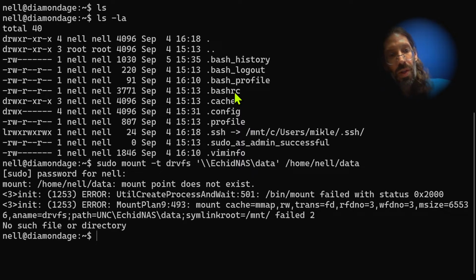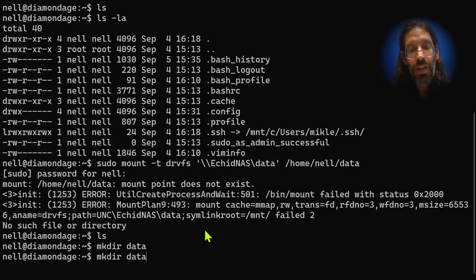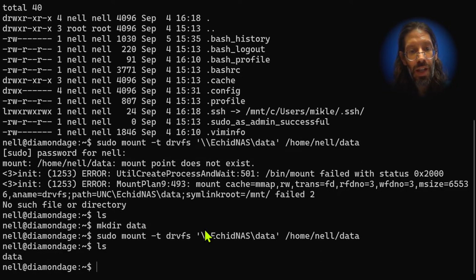Okay, so no such file or directory. So when you use the mount command, it needs a target. So my target is home nel data. And you'll recall if I do an ls, there's nothing in there. I have to mkdir data. Now it has a target. And I do that command again, and it works. And I do an ls now, and you'll see it has data in there.